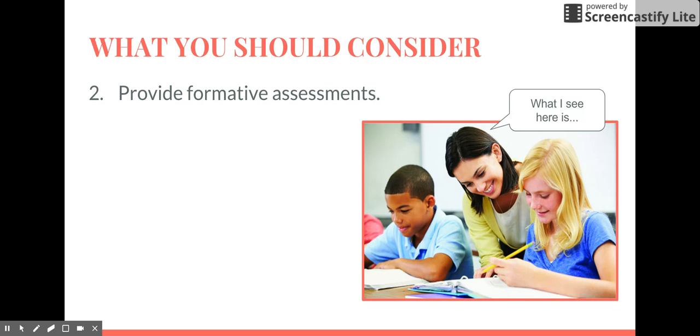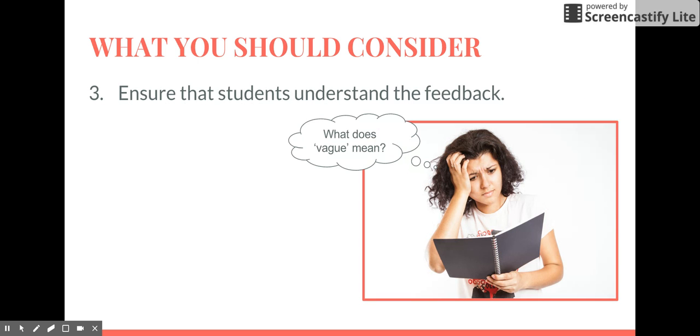But in addition to just providing formative assessments, we need to make sure that students understand whatever feedback we are providing for them. There needs to be clarity in there. So I heard a story recently about a student who was talking to her teacher about how she didn't understand the word that she kept seeing on all of her assignments, and that word was "vagoo." Vagoo. Clearly, this girl has never seen the word "vague" before, or at least has a vagoo understanding as to